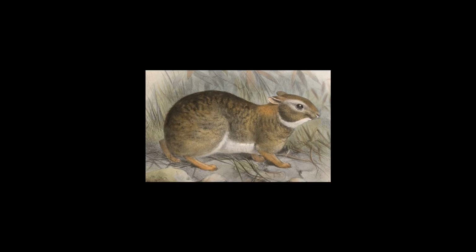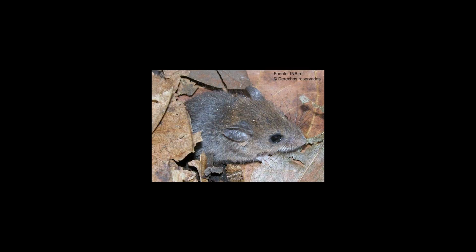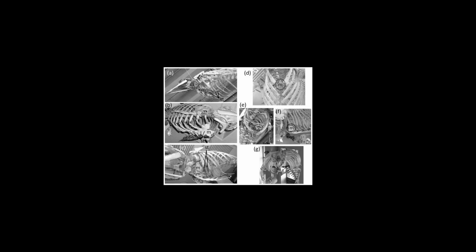789-794. Jones, J. K. Jr., and Engstrom, M. D. 1986. Synopsis of the rice rats. Genus Oryzomys. Of Nicaragua. Occasional papers. The Museum. Texas Tech University 103. 1-23. Musser, G. G. and Carlton, M. D. 2005. Superfamily Muroidea. pp. 894-1531 in Wilson, D. E. and Reeder, D. M. eds. Mammal Species of the World. A Taxonomic and Geographic Reference. 3rd ed. Baltimore. The Johns Hopkins University Press. 2 vols. 2142 pp. ISBN